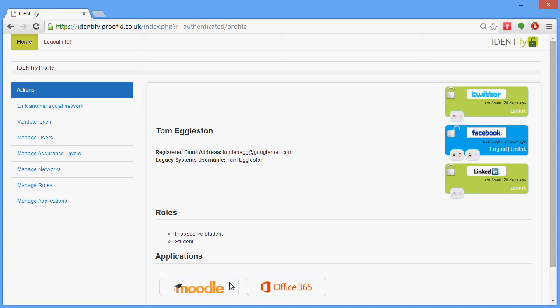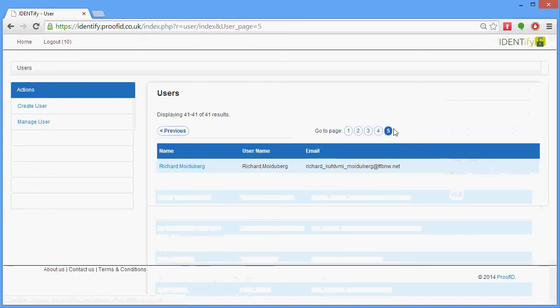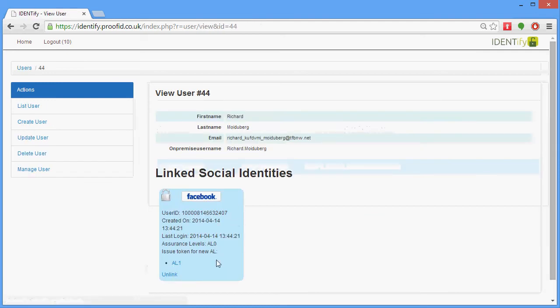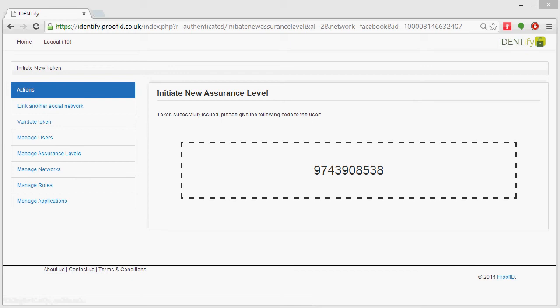So, as the administrator, I'll locate Richard's account. As you can see, the interface tells me that Richard currently has assurance level AL0. I'm going to initiate the assurance level for AL1. So a code is generated. In the real world, this would probably be printed out on a piece of paper and physically handed to the student, but it could be sent to a trusted mobile as an SMS or even sent to his home address pre-registration. So I'll just copy this code